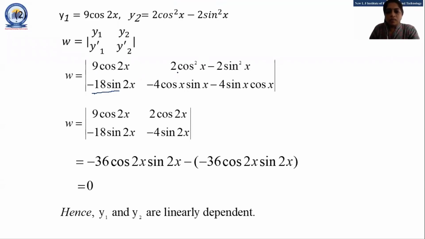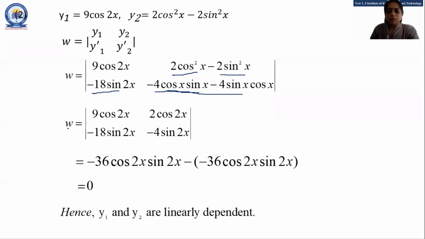Now the derivative of this: if I put 2 in front, then the derivative of cos square x is what, student? 2 cos x, and the derivative of cos x is minus sin x. So that is minus 4 cos x sin x. This is the derivative of 2 cos square x. And the derivative of 2 sin square x is, if I put 2 in front, then 2 into 2 is 4, 4 sin x, and the derivative of sin x is cos x. So 4 sin x cos x, right? So after simplification, I have minus 4 cos x into sin x, and this is minus 4 sin x into cos x.